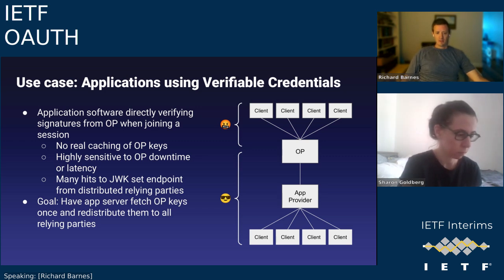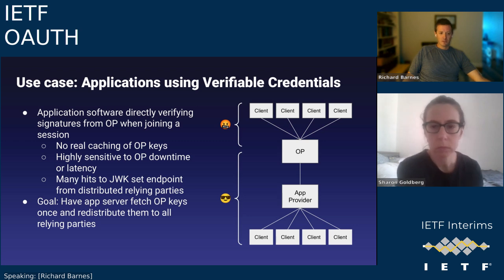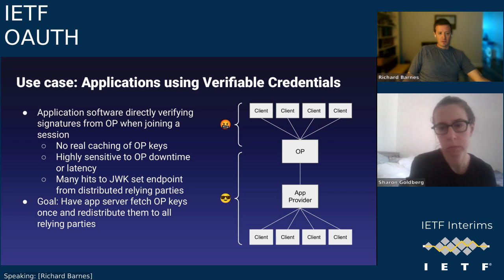So that's annoying for the issuer, right? Because now they have this giant bump up in the amount of traffic they've got to handle on that key endpoint. It's static objects. It's not terrible, but it's annoying. And it's unnecessary, as we'll get to. And from the application provider's point of view, of course, there's downtime risk here. So your authentication aspects of your end-to-end security are reliant on this fetch going to an external provider that you can't control. And if that external provider is down, then people get login errors or authentication errors, what have you.